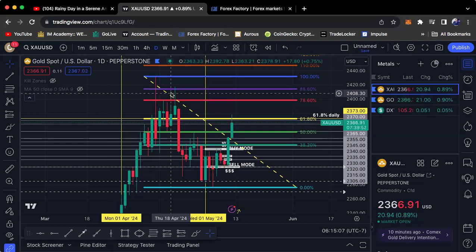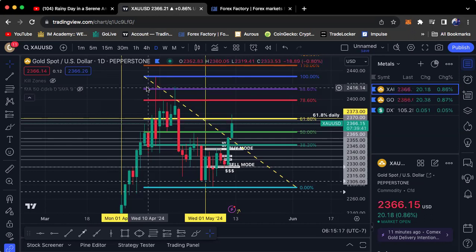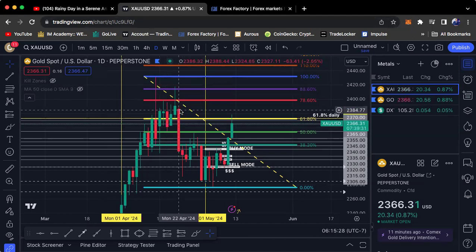Now, it can work with any pair, any asset, any market, doesn't matter. You can use Fibonacci anywhere. And with gold, it touches the sweet zone. It touches 61.8, and I've been using it sometimes just to get that confluence. But it worked out. You see, guys, I took the high to low because gold has been